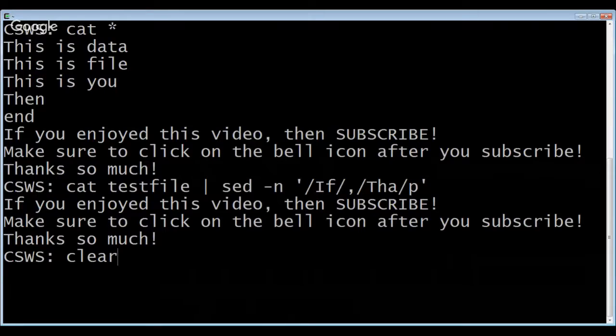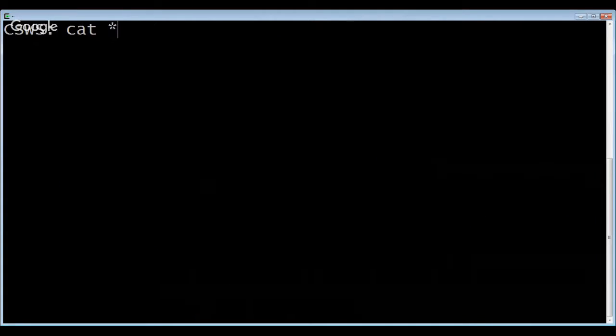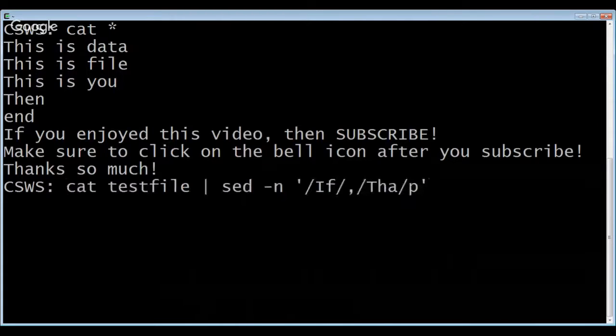Anyway, so there you go. Pretty easy. I can do another example. Let's cat the file, specify another range. So let me show you. I want to drive this point home to you guys about what we're actually doing here. So really quickly,